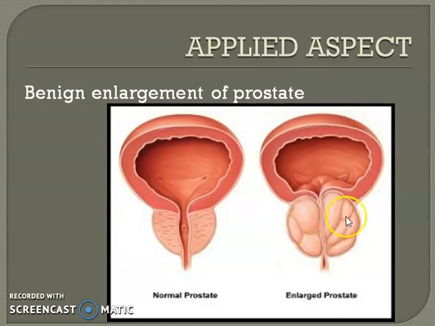So, in this condition, usually the prostate is removed, which is called prostatectomy, and can be done by various routes: the transvesical route, meaning coming from the urinary bladder, or the retropubic route, meaning behind the pubic symphysis, or the transurethral route. By this route also we can resect the prostate, keeping both the capsules of the prostate in position, because the venous plexus lies between the true capsule and the false capsule.